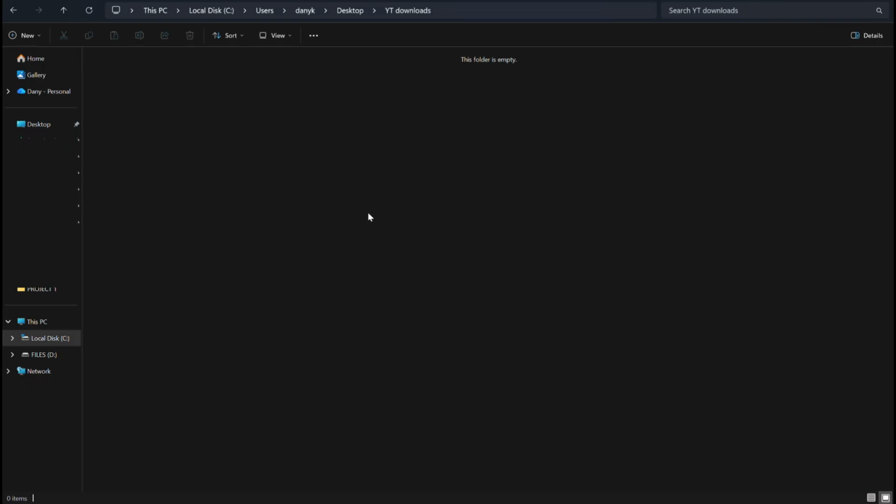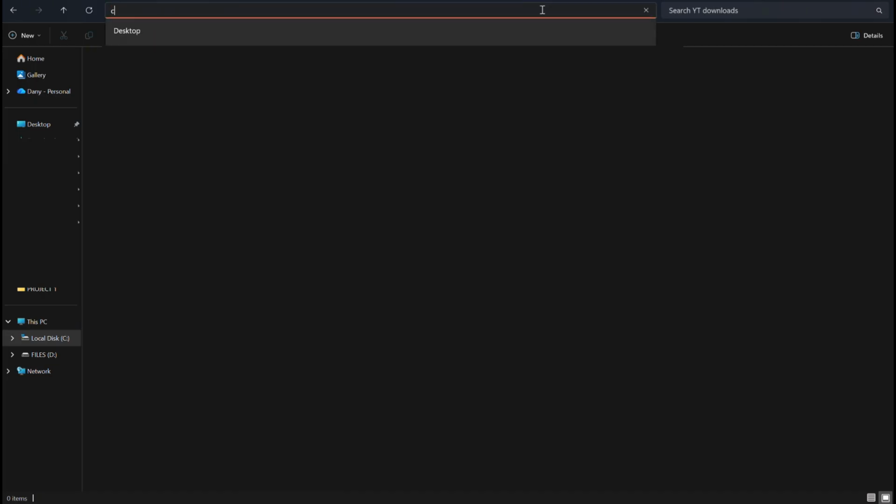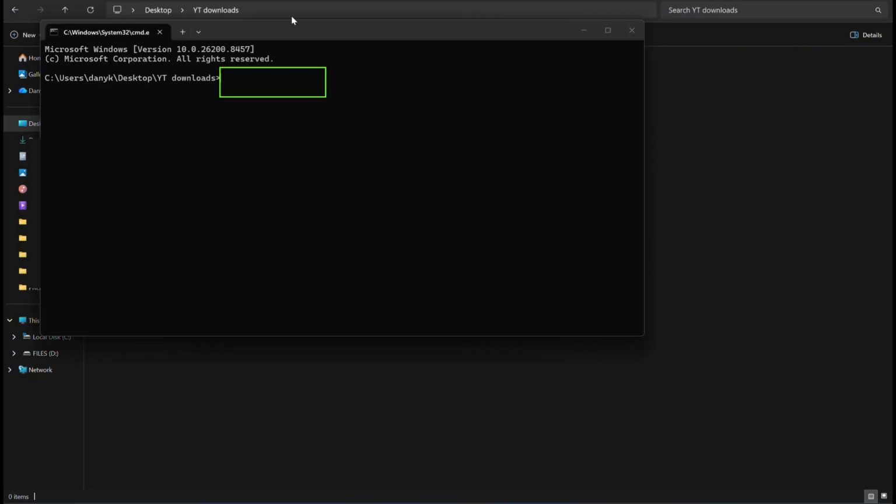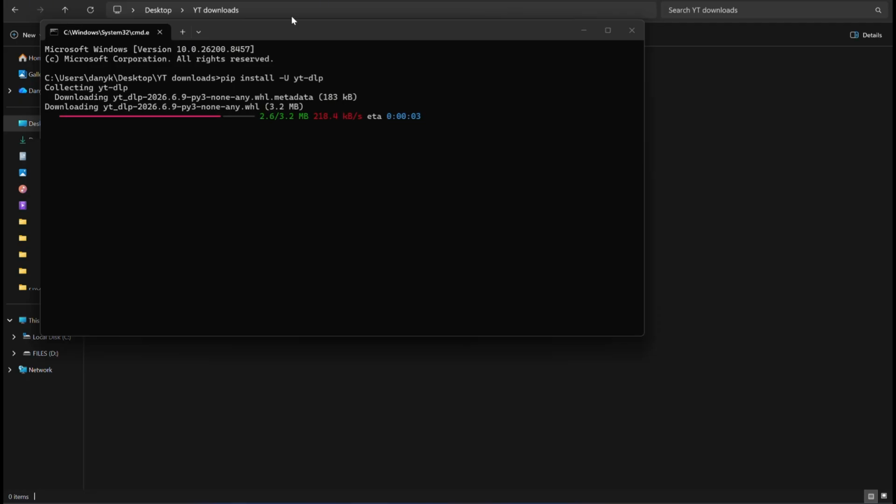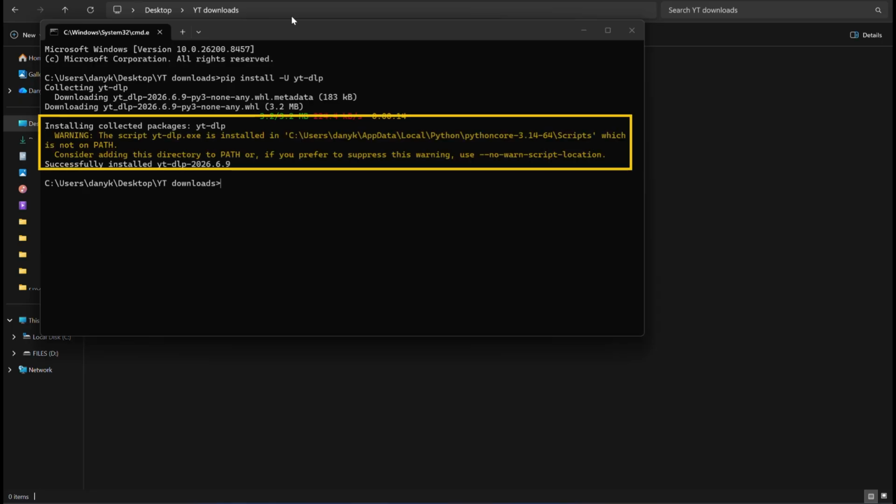Now we go to desktop and create a folder with the name yt-downloads. In that field, we type cmd and click enter. Now this window will pop up. We'll type pip install -U yt-dlp and hit enter. As you can see, there's a warning saying that I don't have the right path for the